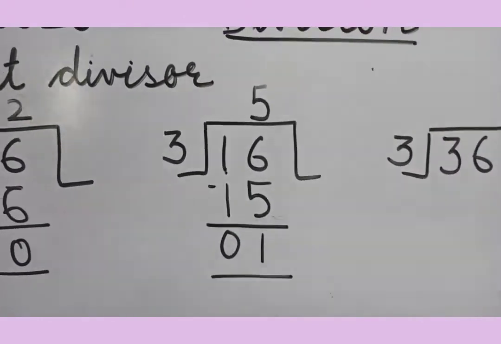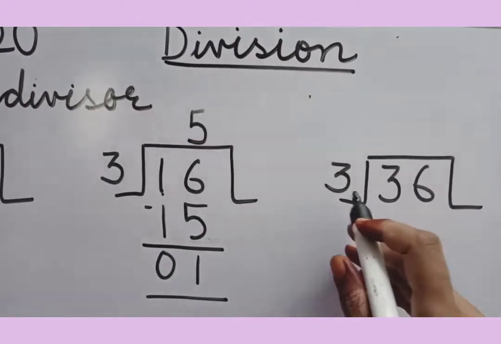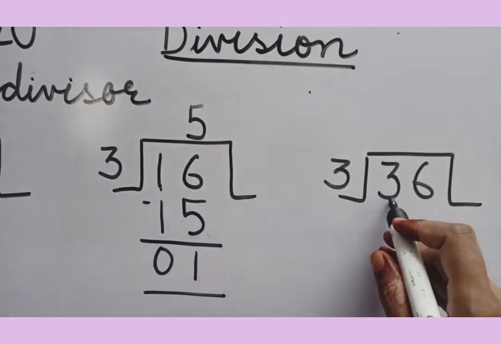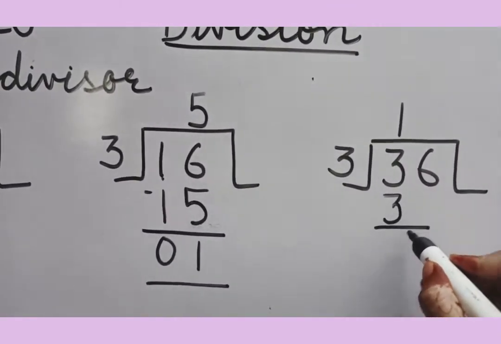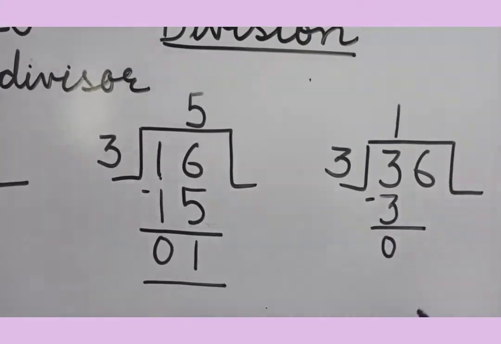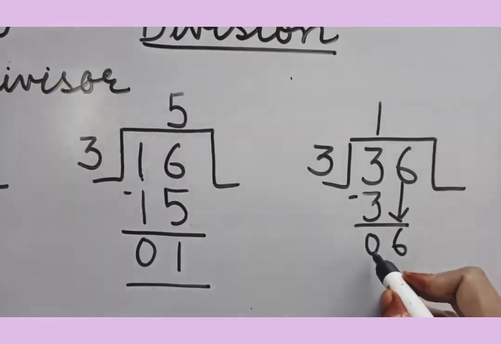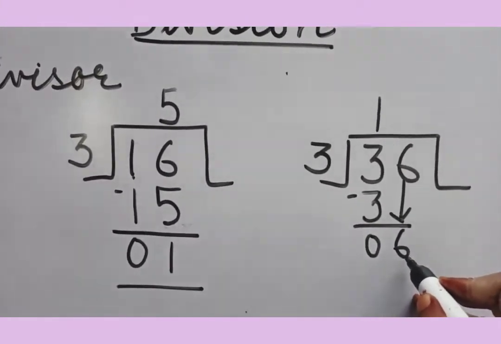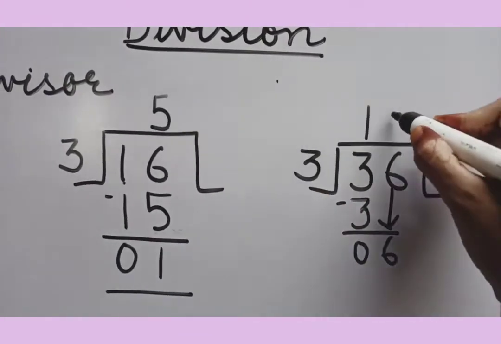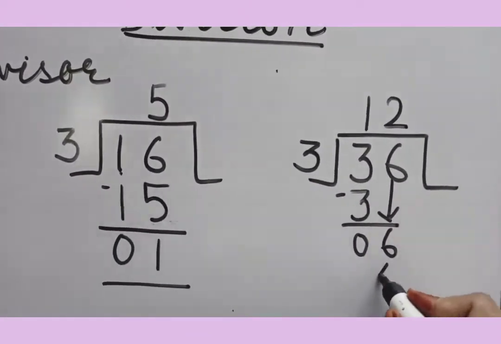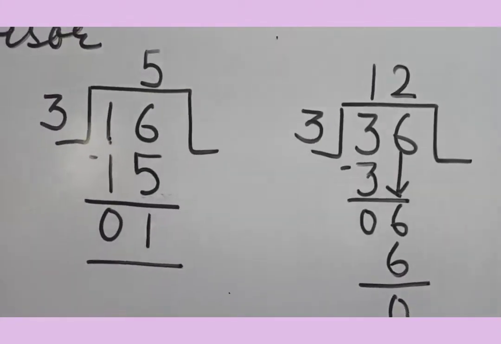Right. Now let's see the third number 36, where the first digit 3 is equal to this divisor. So I am taking this number all alone and I will say 3 1s are 3. I will get a remainder 0 after the subtraction. I will bring this number down to this remainder. 0 and 6 becomes again 6 only. And whether 6 is possible in 3's table? Yes, it is. 3 2s are 6 and I get a remainder 0.